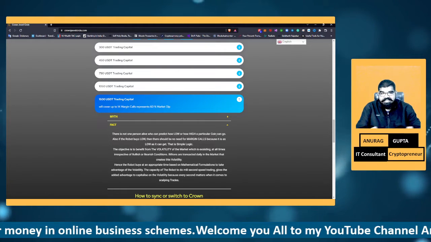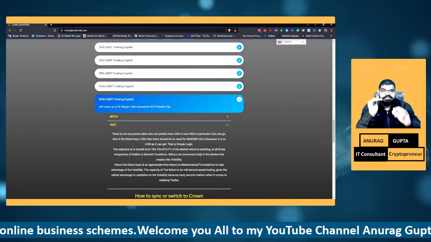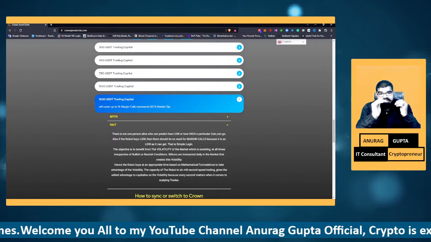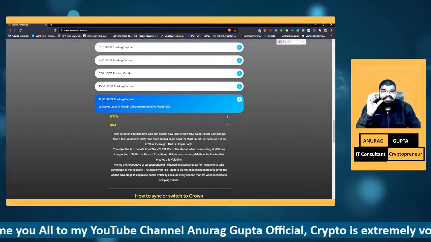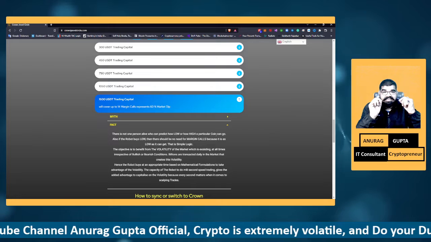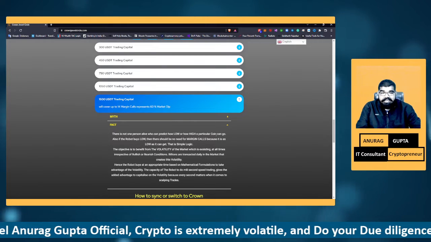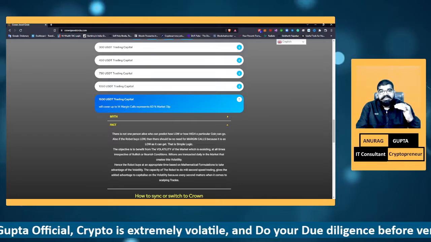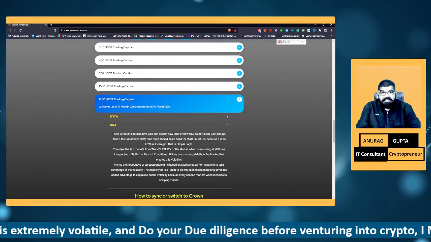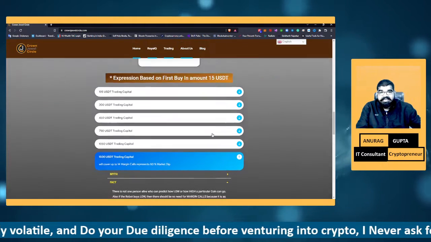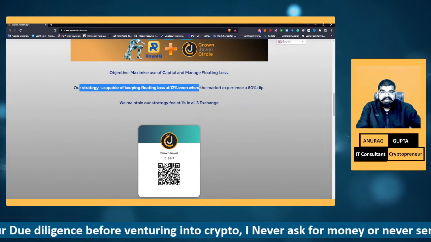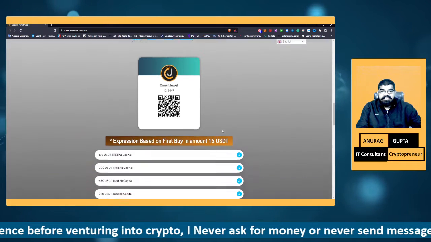If I have $1,000, just assuming, and the market gets a dip of 5%, the bot is going to invest all the capital. And if the market certainly dips around 10% or 20%, my capital is going to be stuck. And during that duration, I'll be seeing a floating loss of 20% or 30%. Here is the magic in Crown Jewel Circle. When it utilizes your complete capital, that means if you have allocated one cryptocurrency with 1500 USDT, your floating loss will be 12%. As just rightly mentioned here, as you can see, our strategy is capable of keeping the floating loss at 12% even when the market experiences a 60% dip.